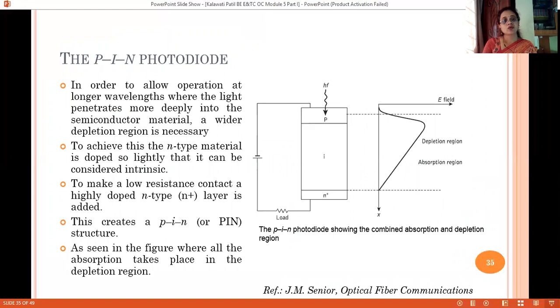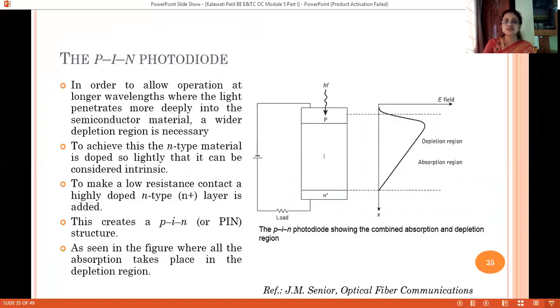Let's move on now. The PIN photodiode was basically modified from the original PN diode to improve its quantum efficiency. In order to allow operation at longer wavelength where the light penetrates more deeply into the semiconductor material, a wider depletion region is necessary.